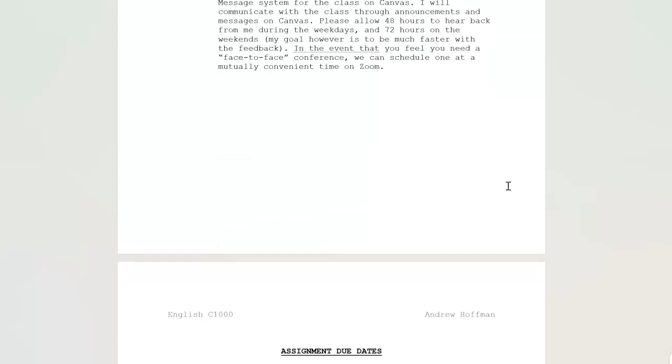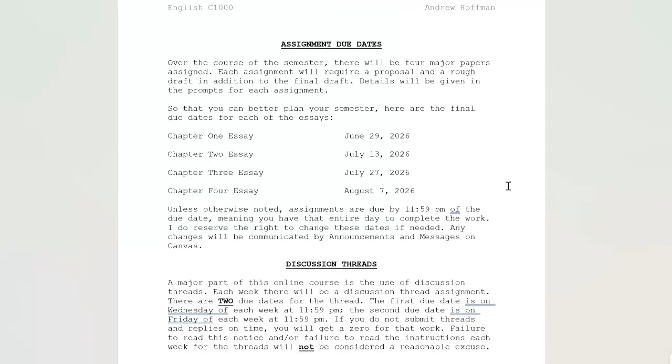Now, we are short on time, so let me just talk very briefly. You have some assignment dates. Please make note of these dates today. You will be getting assignment instructions on them, of course, at the appropriate time. But you can see that we have 4 major assignments, and you can see the due dates.